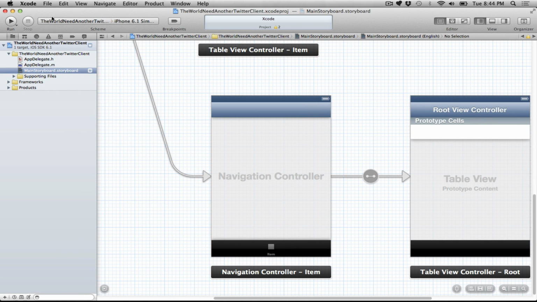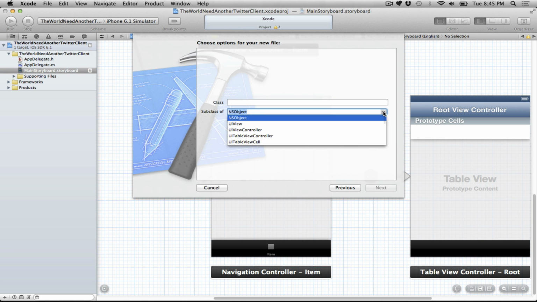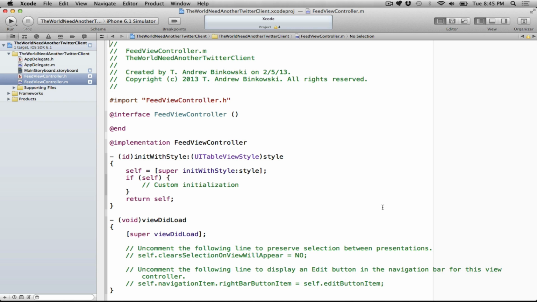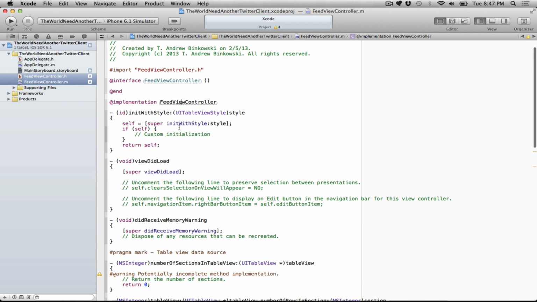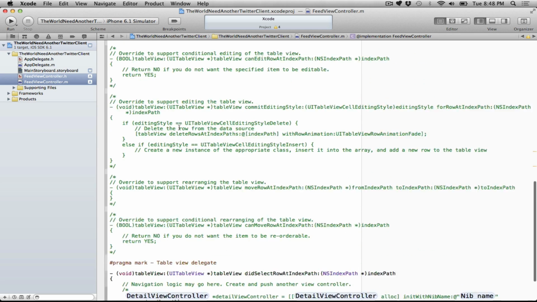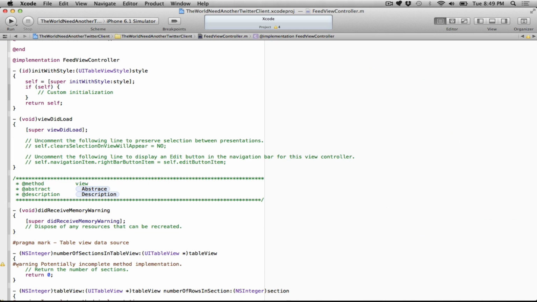We're going to create a feed table view controller that will query the Twitter Search API and present a list of tweets. Create a custom UI table view controller we'll call feed view controller. We're going to implement the view will appear method,